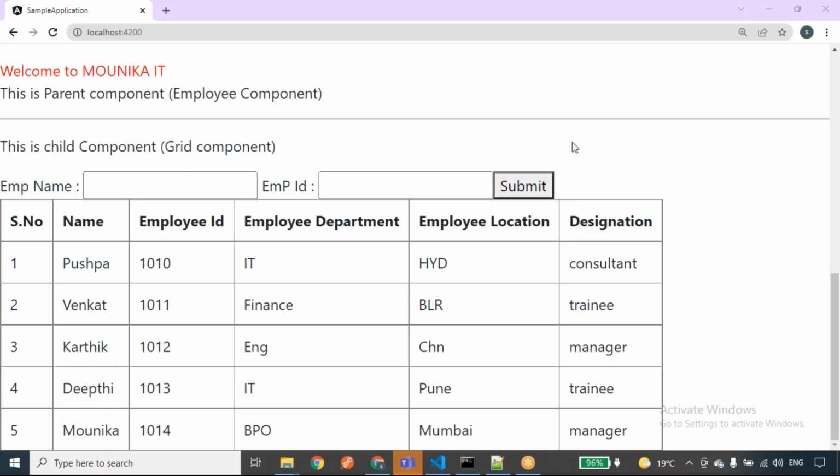So in today's session, we'll discuss the directives. Previously we discussed what directives are and the different kinds of directives. So we have discussed predefined directives. In this class, I'll show you how to create a custom directive and how to change the styles of